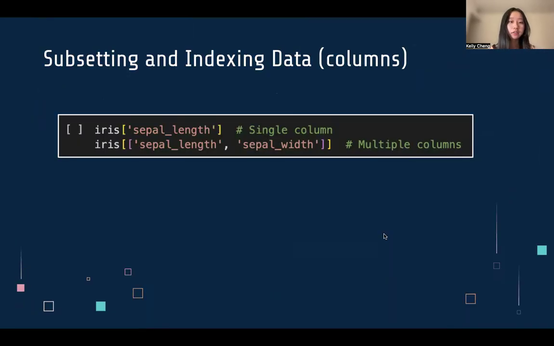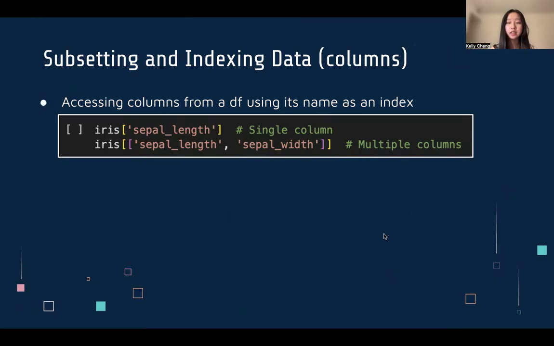So first, going over how we can subset and index data with columns. In order to access a column from a data frame, we can use its name as an index. For example, here we have the iris data set and we want to access the sepal length column. In this case, the syntax would be a bracket and then the name of the column, sepal length, in